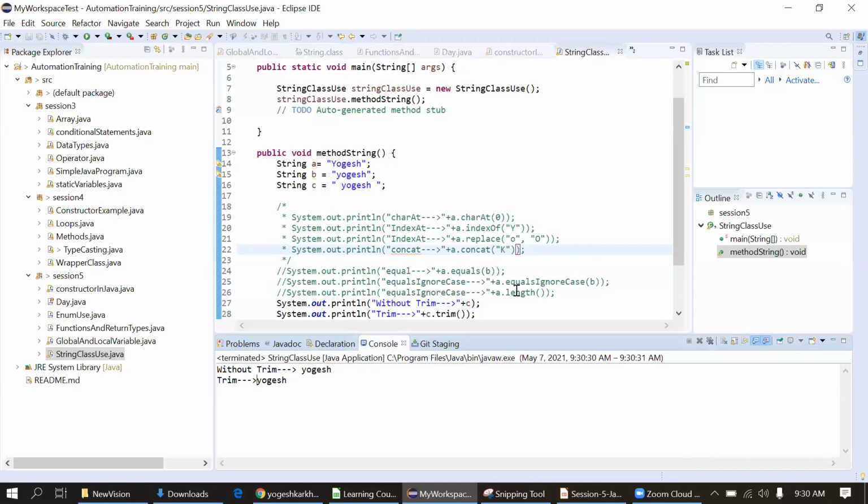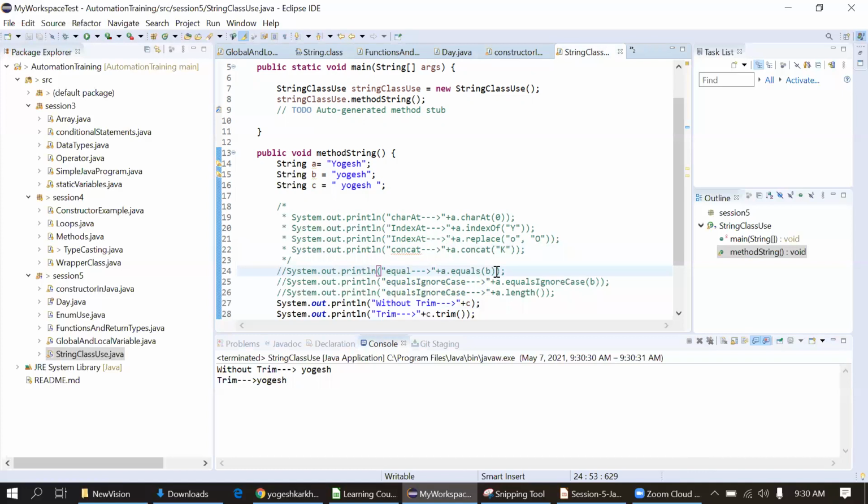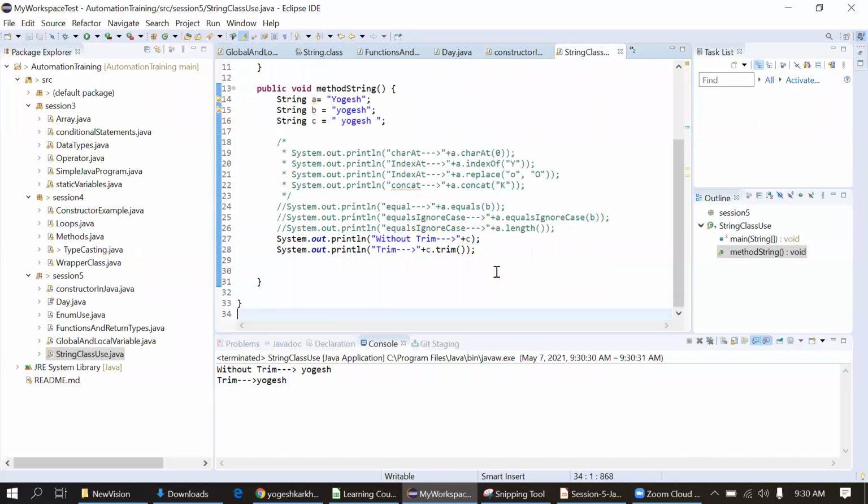Okay, so these are the different methods present in the String class. You can just try R&D on that and let me know if you have any doubts on this class. And guys, one more thing, I am committing all this code to the Git repository. I will share it, and then you can take a pull. I will show you how to take a pull first.